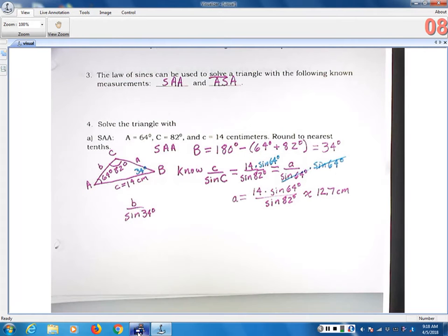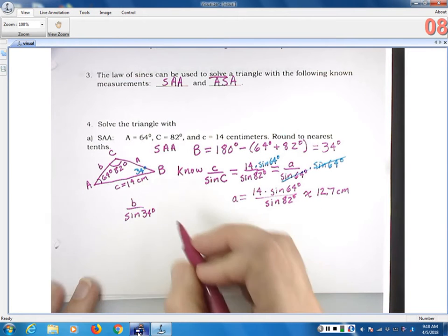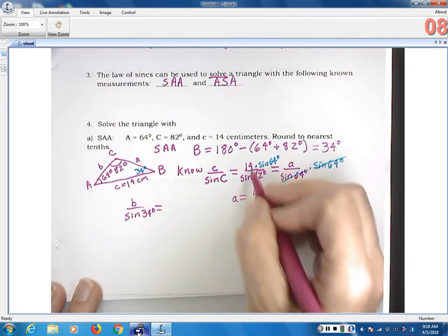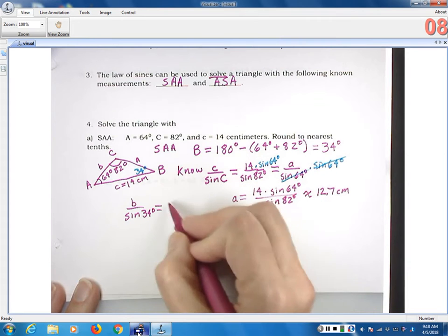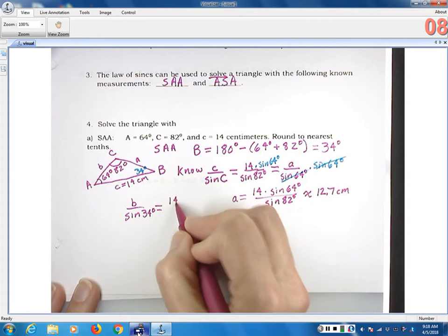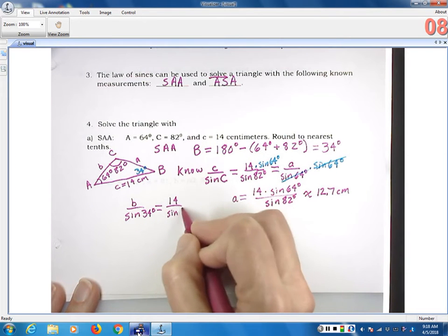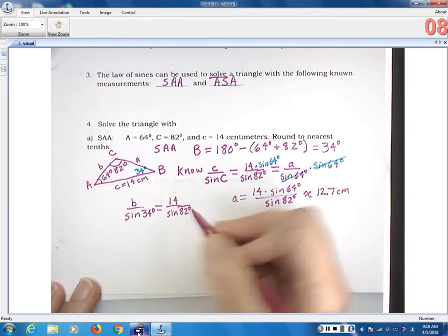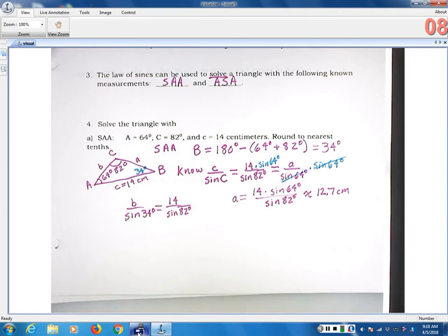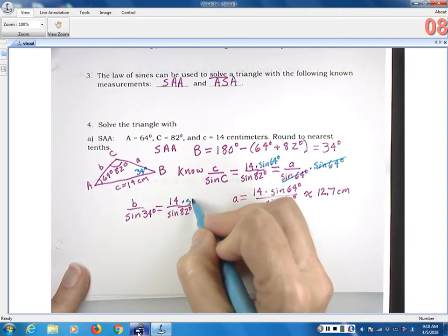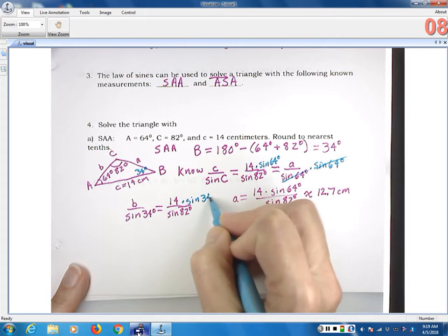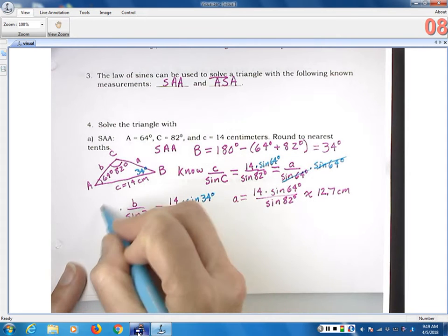Equals C over sine C, which is 14 over sine of 82. And so B is going to be... sine of 34. It's probably just easier to multiply through by sine of